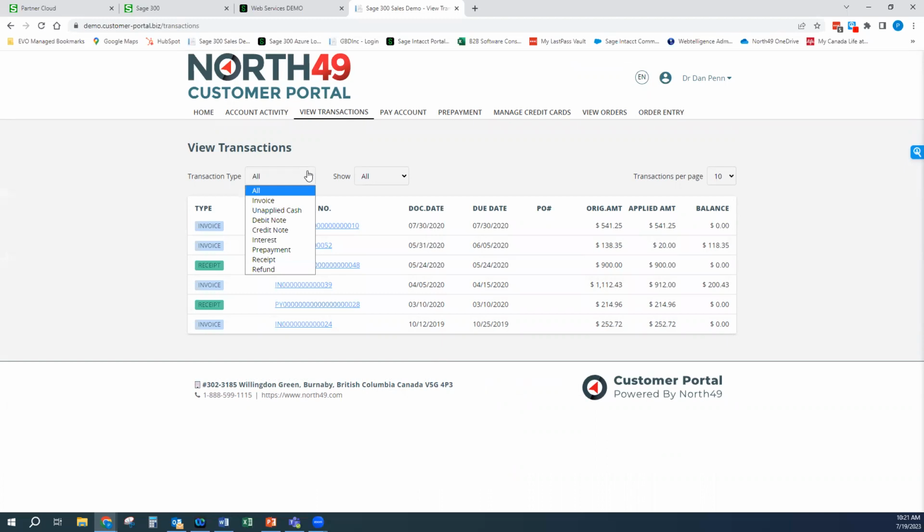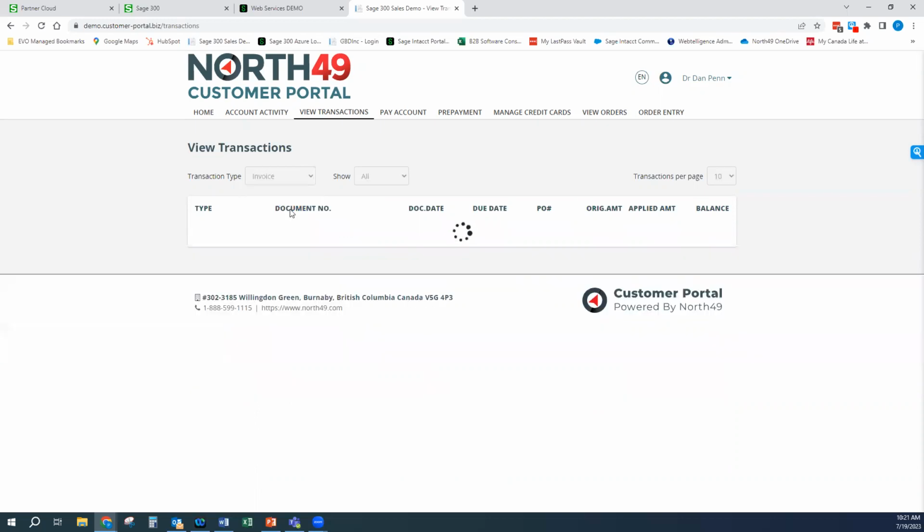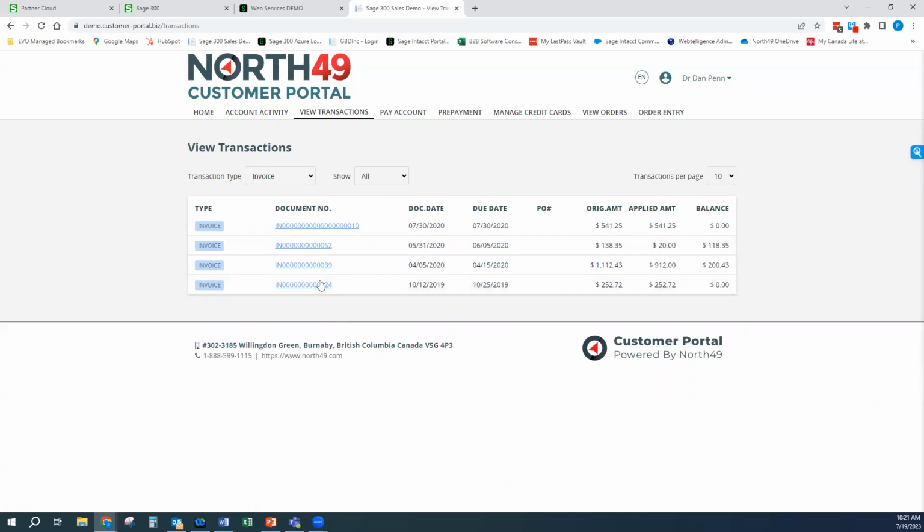So by default, this is all the Sage 300 documents that are available. Sage Intacct only has 4 different document types. I think it's invoice, debit note, credit note. There's one more. I can't remember what it is off the top of my head. At any rate, you can also turn these on and off. So if you don't want interest showing up there, turn it off. It doesn't show up. If you don't want refunds showing up there, check off the box. Doesn't show up there. But the customer also has the ability to filter these down to just the documents that